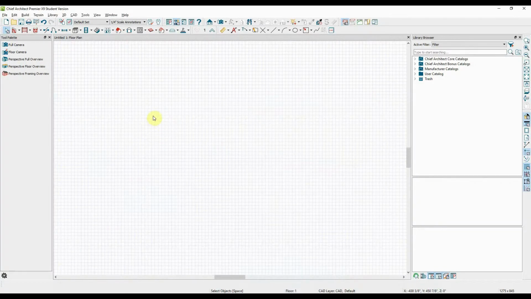This is going to be the second video in the Chief Architect video series, and in this video I'm going to be talking about walls, windows, and doors. So these are going to be three of the basic things, the first things you think of when you think of building a house. So we're here in the default configuration, which is noted over here on the right side